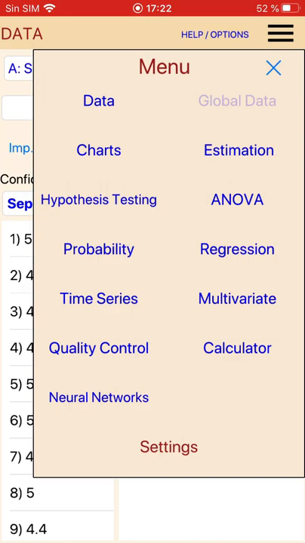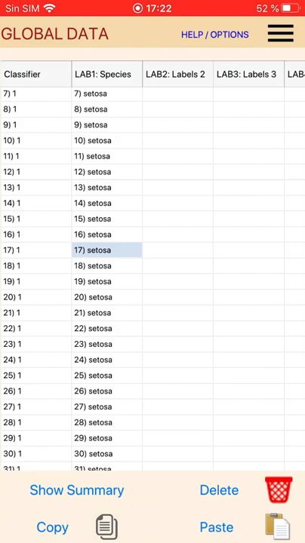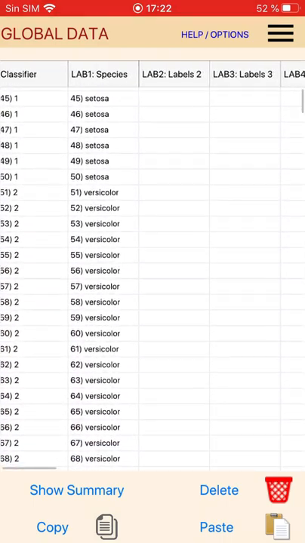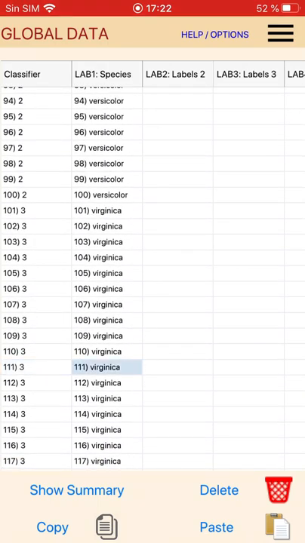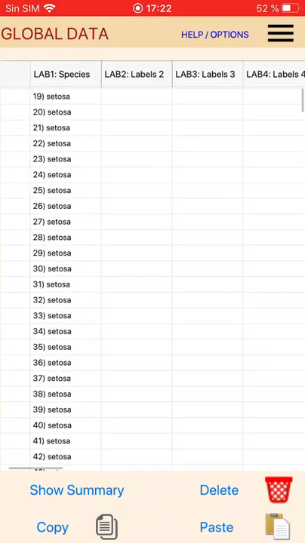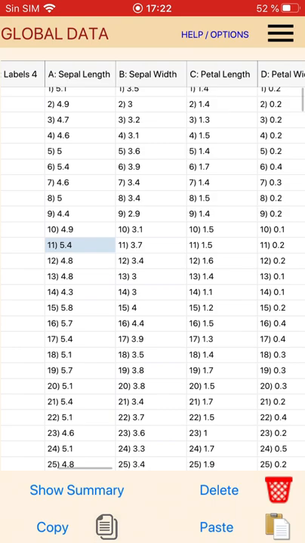We click on global data. Well, so we are going to use for instance the first sample classifier. Classifier is 1 when the flower is setosa, 2 when it's versicolor, and 3 for virginica. Okay, we have 150 flowers, and we have measured sepal length and width, and petal length and width. Okay, so let's use this